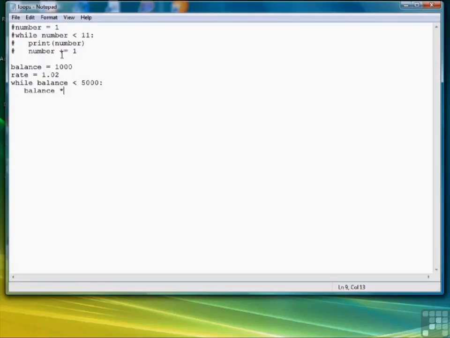Balance times equal the rate. We left out a variable for the years. That's what we're keeping track of, is how many years it's going to take. So we'll say years equals 0, and then increment years by 1, and then finally we'll report to the user how long it takes